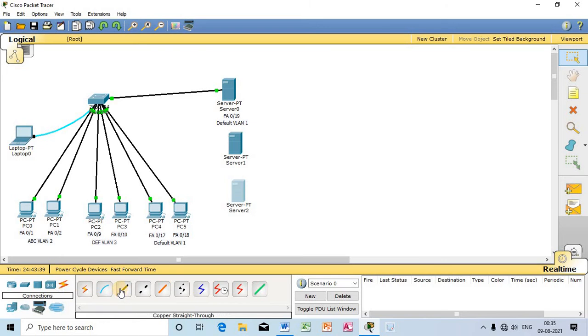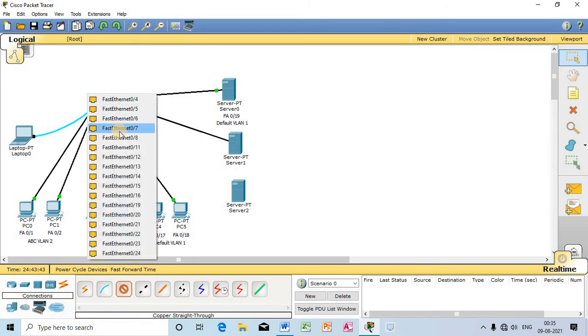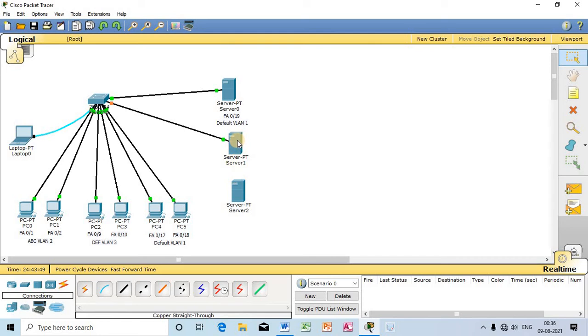So let us connect this server in the port starting from 11 to 16. So now this server belongs to VLAN 3, and this server belongs to VLAN 2 because I have connected it to port number 3.